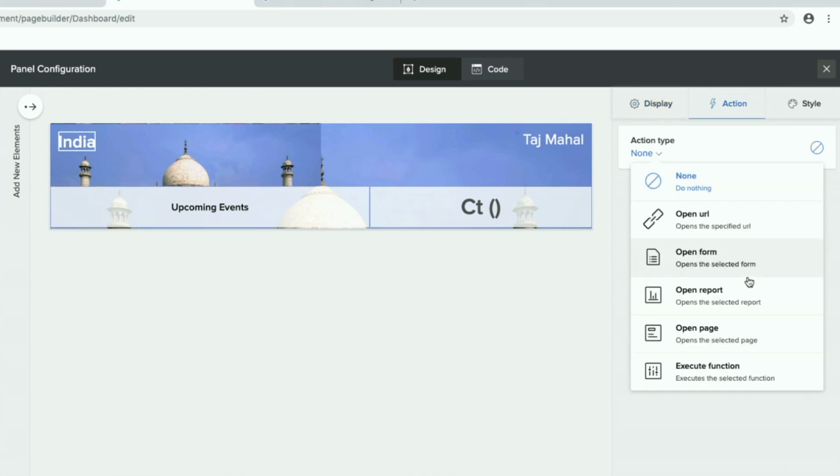So there's a couple different action types. The most common ones you're probably going to use are things like open URL or opening a page, report, or a form. You can also execute a function, and this can happen based on maybe a button instead of clicking on a panel. But any type of action you really want, if none of the pre-built ones work for you, executing a function is going to do some level of logic that you want it to do